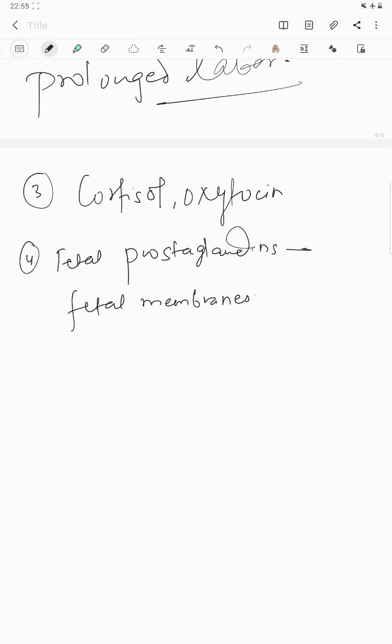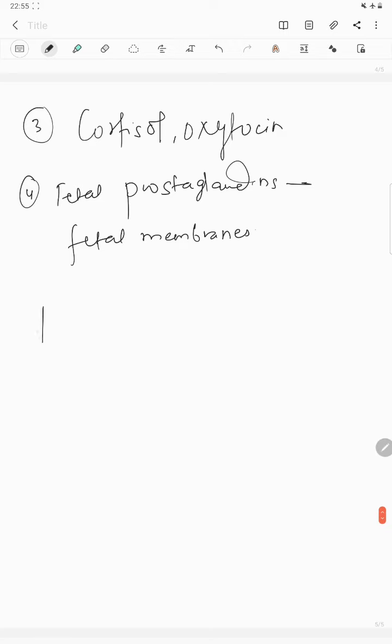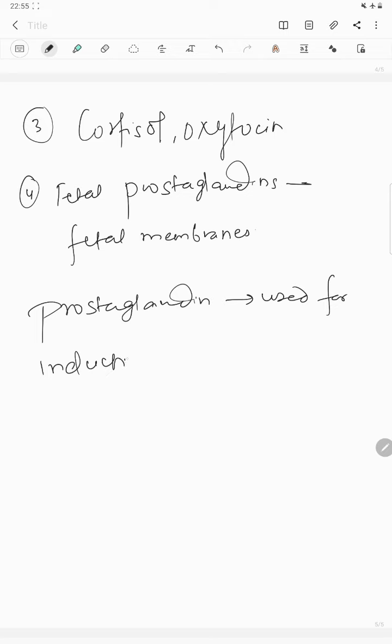Now, this theory has been supported by the fact that prostaglandins are being used for induction of labor